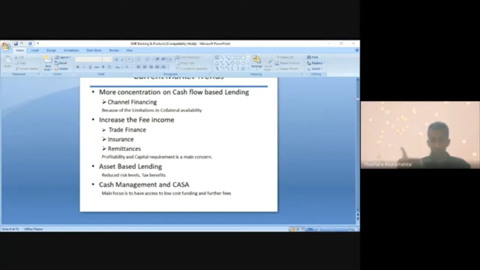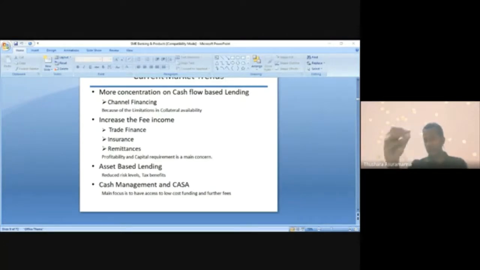Then you have to capture cash flows, get a hold of the cash flows, which in turn give you income. Not only interest income, maybe fee income also, because when you are into that mode, some banks even offer cash collections. Go to the customer's doorstep, collect the cash and put it into your bank. That's a very valuable service you do with a fee. Why? Control, capture cash flows, more working capital financing, channel financing, distributor financing, supply, you name it, so many things.